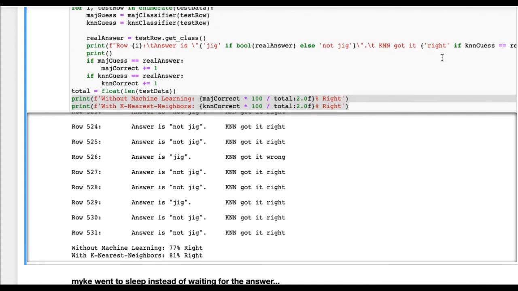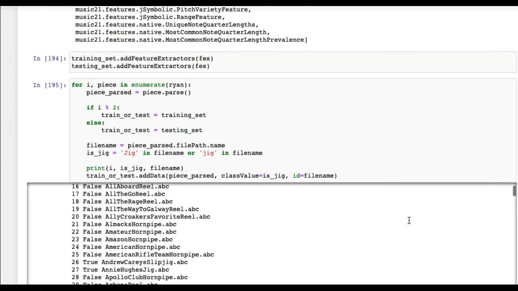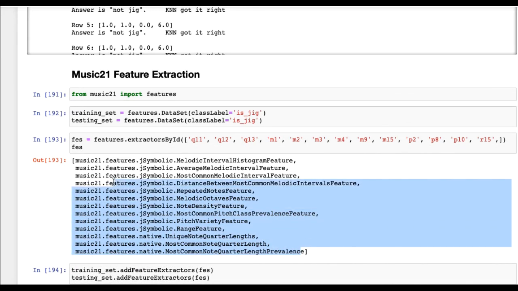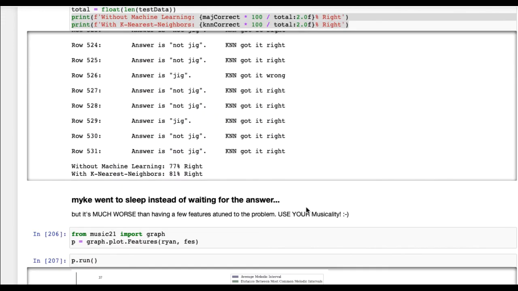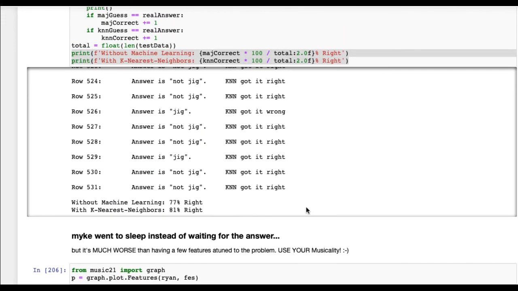What's important is always to choose your feature extractors well. The fact that I didn't include that one simple extractor about the time signature made all the difference in the world, I think. Okay, I just want to show that there's